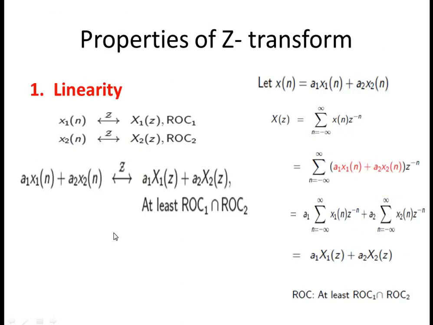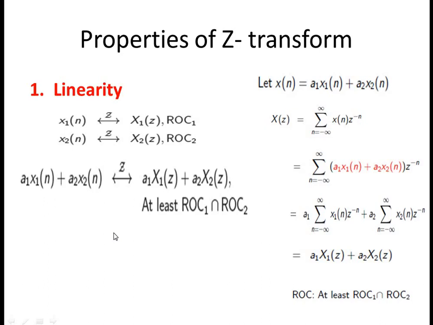In the last video we discussed the introduction to the Z transform, and we have seen the mathematical expression for the Z transform, and we have related the Z transform with the Laplace transform. With that continuation, we are going to discuss now the properties of the Z transform. We have so many properties in the Z transform, but now we are going to discuss mainly the mandatory properties required for solving numerical problems as per the Anna University syllabus.